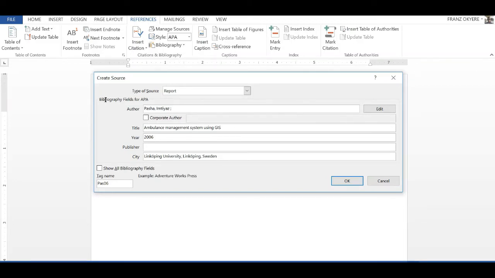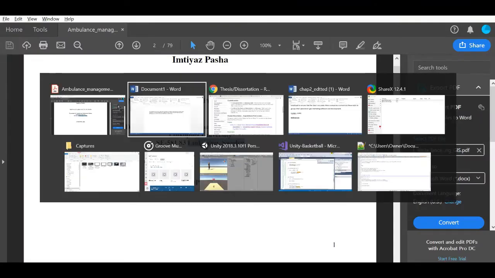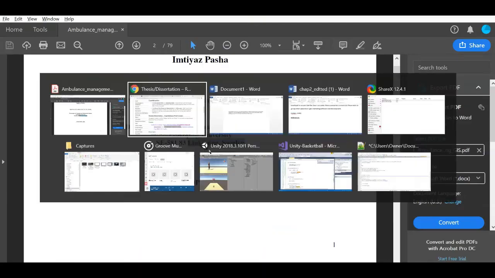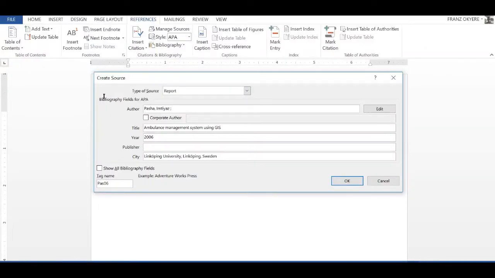The publisher, that could have been academic, but even with this, we stand a chance of generating something. But whether it's okay or not, that will be the question. But is there something we left out? We have everything. Title of the thesis is in. We have into bracket unpublished, say thesis, master's thesis. So I think we go for unpublished master's thesis and stick it somewhere in the box.